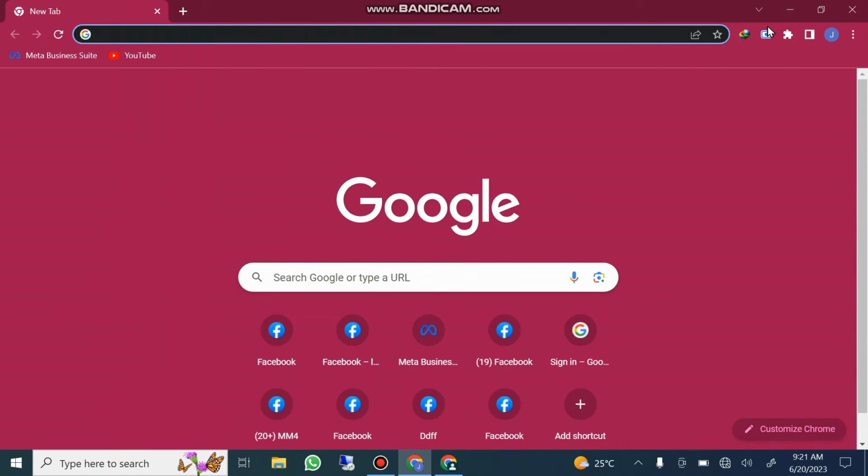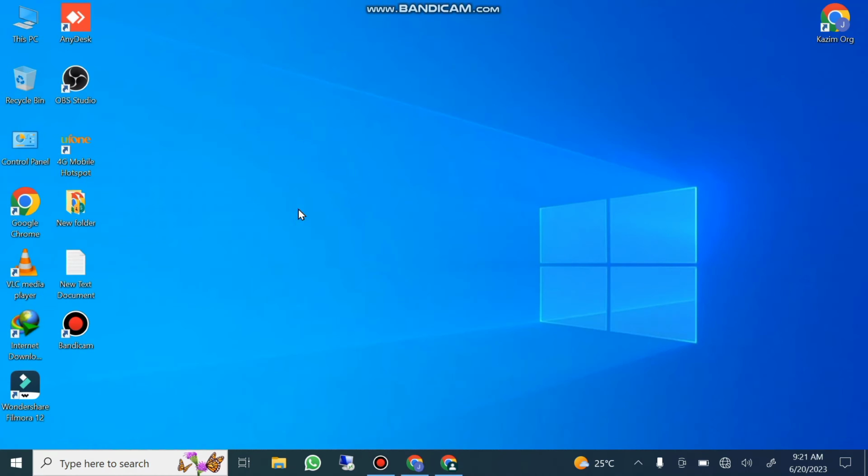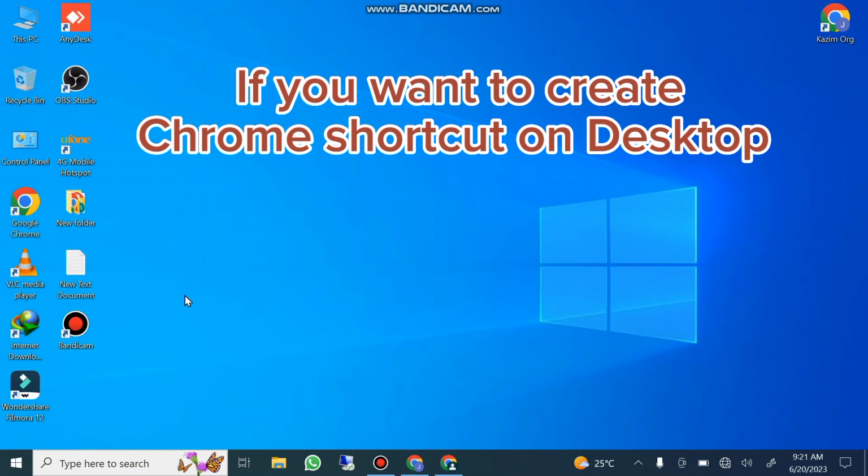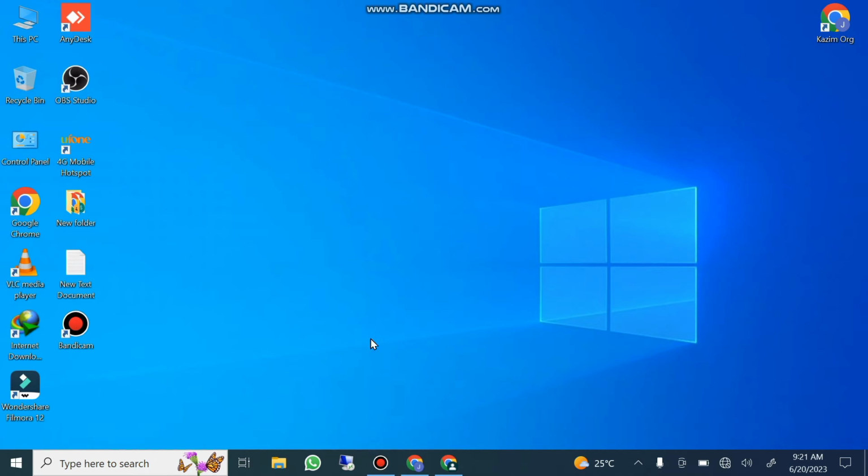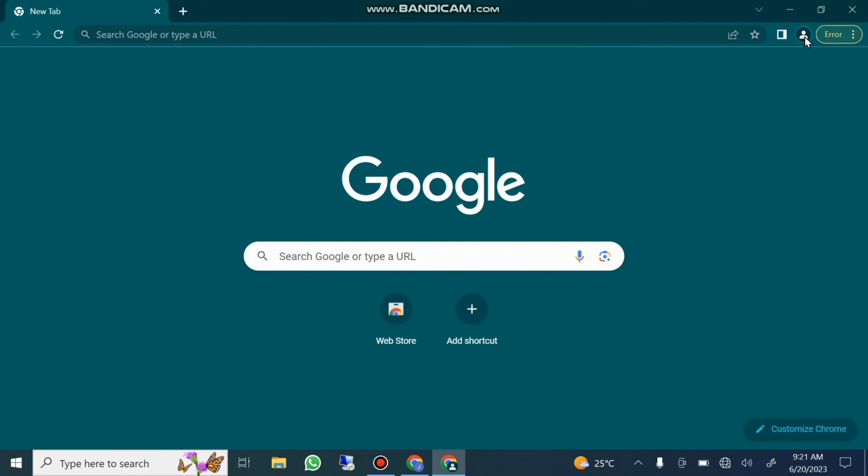So if we go to desktop, this one is the first one, our Google Chrome. So minimize it. So if you want to create a shortcut of your new Google Chrome on desktop, then I will guide you. So open your new Google Chrome. So that was created. So click on the icon